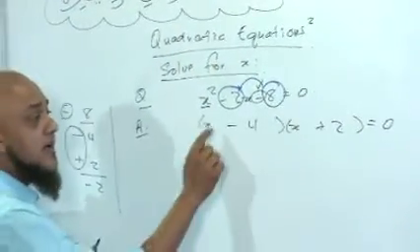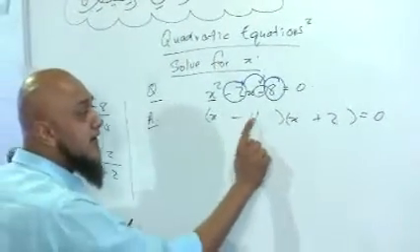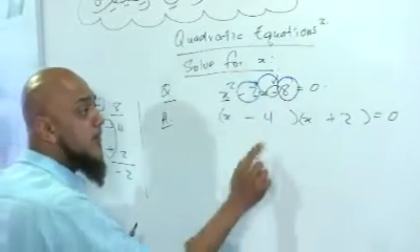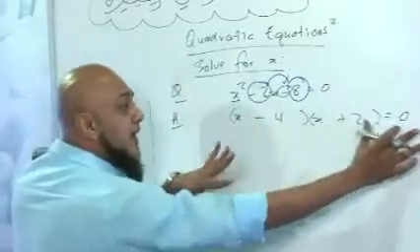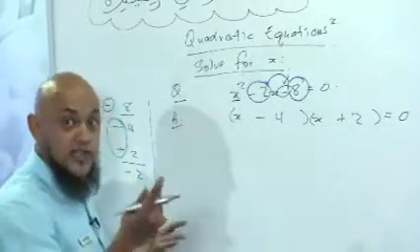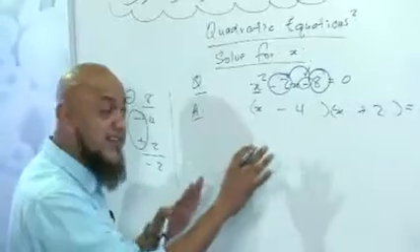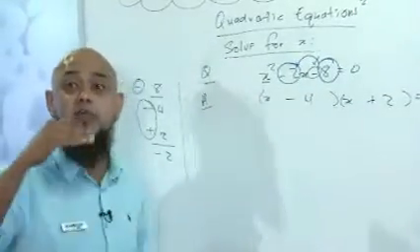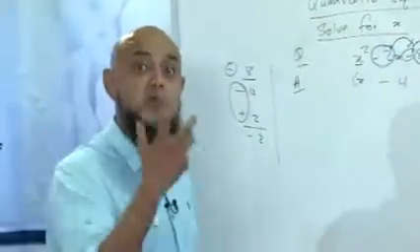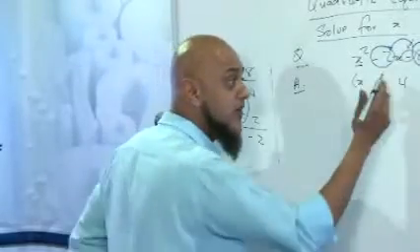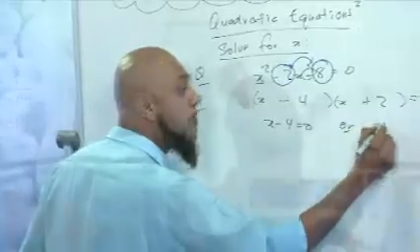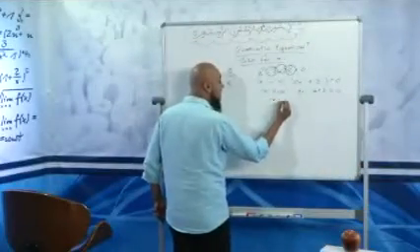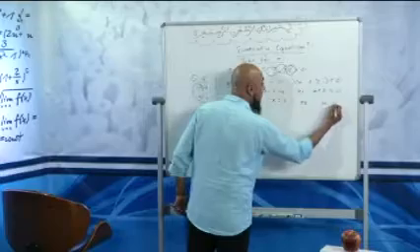Why? Because when we multiply this out, we'll get back that. X times x, x squared. Negative 4 times positive 2 to give me negative 8. Minus 4x plus 2x will give me my minus 2 in the middle. So now I've got two factors equal to 0. As we all know, grade 11s and 12s, I know that by this time you know this already. I'm going to take you from the most basic up to the most complex one that you could see in grade 11 or 12. So here goes. X minus 4 equals 0, or x plus 2 equals 0. x is equal to plus 4, or x is equal to negative 2.